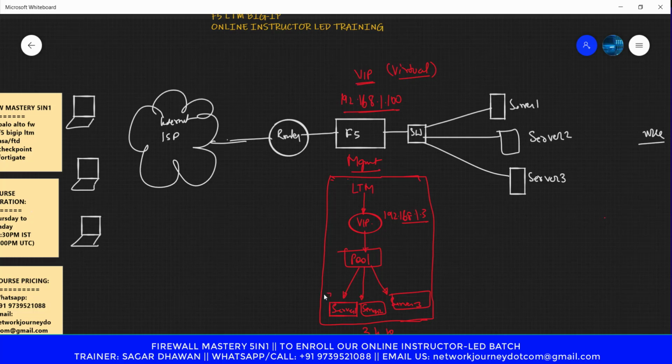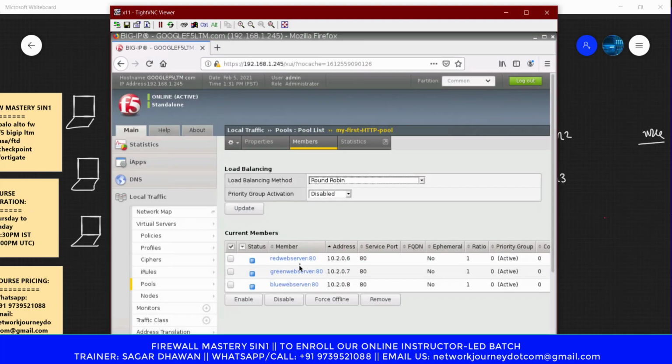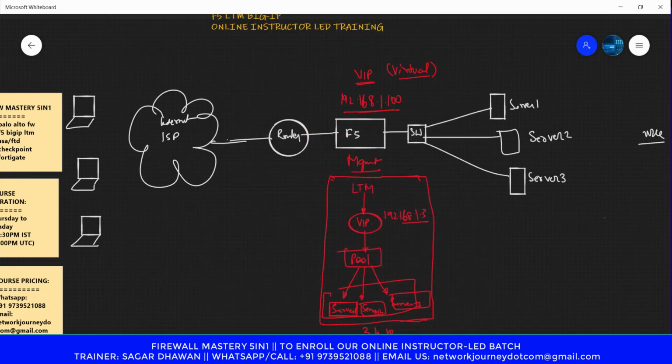It depends on you. This is how the VIP looks like. These are the three servers: red server, green server, and blue server. We will go ahead and see all the different points here, but as of now, let's keep it short and simple. Let me see if I have left anything.